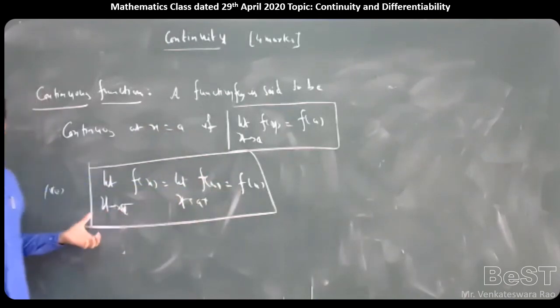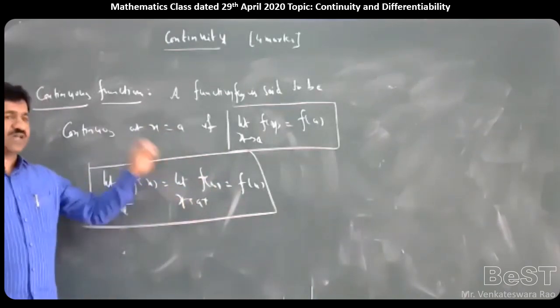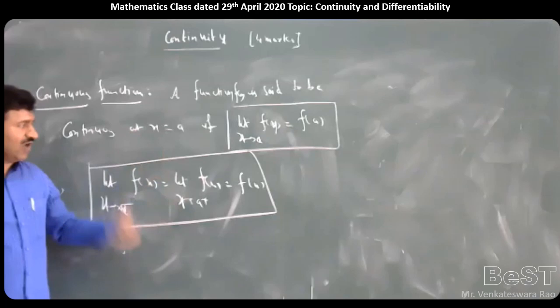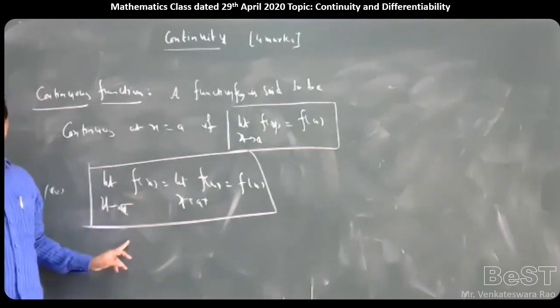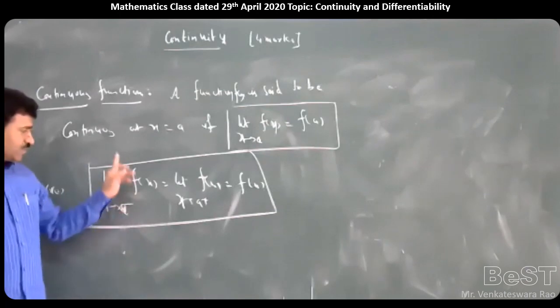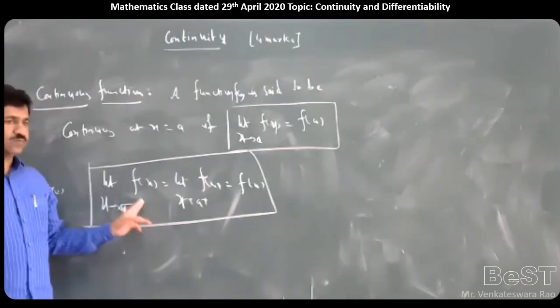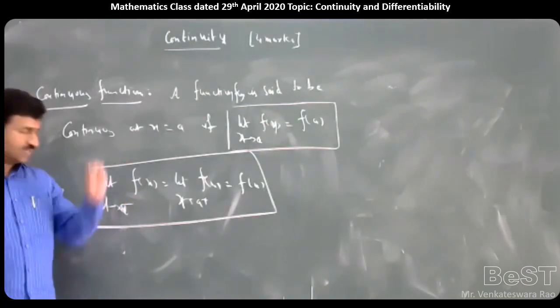If all the three are equal, that function is continuous. Otherwise, if it is already given as continuous, they will ask some conditions. That is an important question for 4 marks. So, two types of problems you have. First model is prove the continuity. Second model is